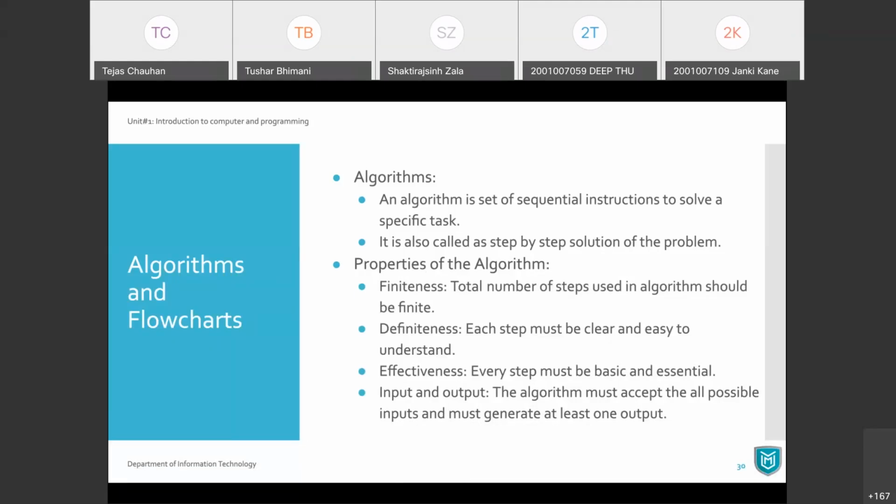We've already started our unit number 1, which is Introduction to Computer and Programming, where we have gone through the basic block diagram of computer, how computer works, other hardware, software discussion, then types of software, system software and application software. Now, inside system software, we have seen a few examples like operating systems and, let's say, OS supporting other software like drivers and so on.